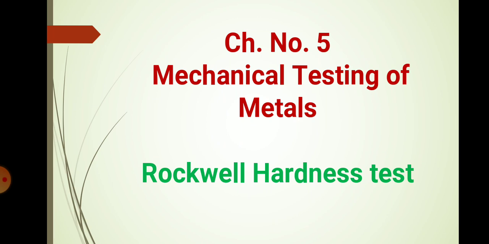In that we have seen the first method as the tensile testing method. Secondly, we have seen impact testing. In that we have seen the two types of impact testing method, Charpy and Izod test. We have also seen two experiments based on that, and one experiment based on the tensile testing using the UTM machine. Now thirdly, we have started the hardness testing method, and in that first method we have seen the Brinell hardness testing method, and secondly today we will see the Rockwell hardness test method.